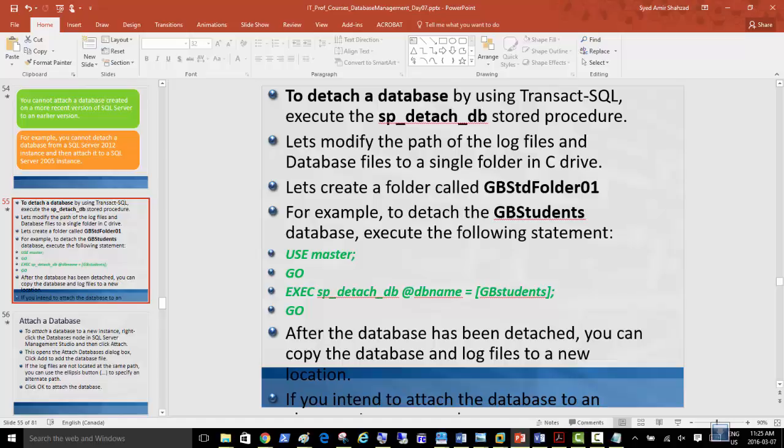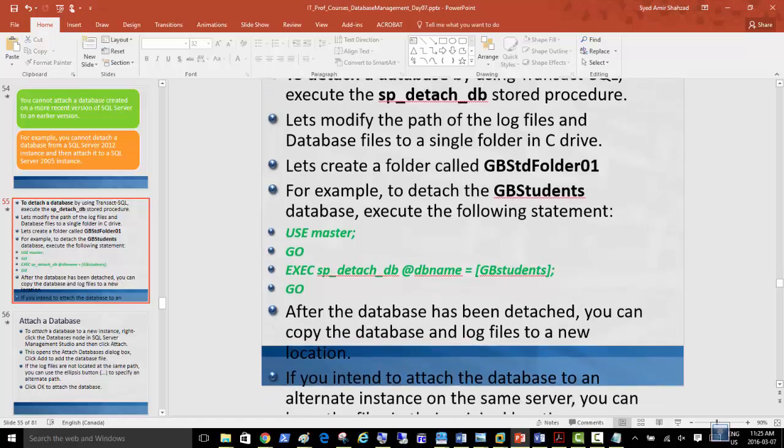Let's modify the path of the log files and database files to a single folder in C drive. Let's create a folder called std folder 01, for example, to detach the GB students database. I think we have food database, lunch database, maybe GB students also is there. Execute the following statement. After the database has been detached, you can copy the database and log files to a new location.